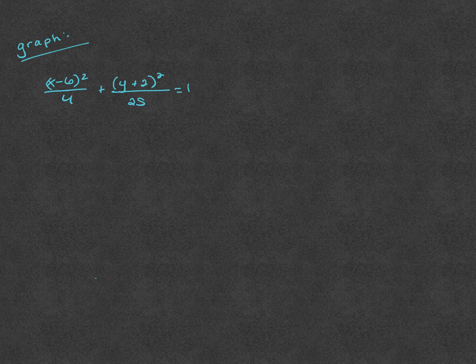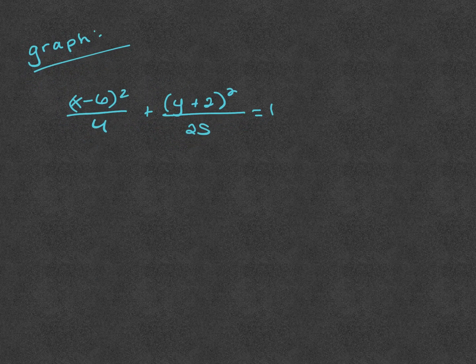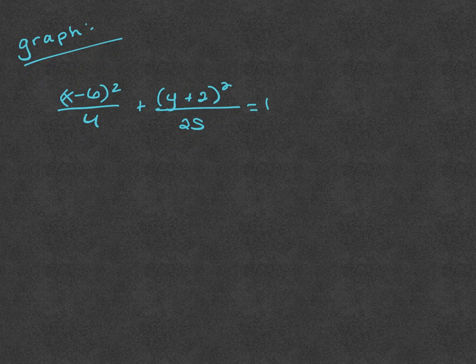All right, so we're just going to do the graphs of them. We're not going to do the reverse with the equation. Tonight, I have a practice test that's some of it's multiple choice, some of it's open-ended, but it's going to ask you to do both sides. It'll ask you to graph it, and it will ask you to find the equation. So you do as much or as little as you need to do in order to know what you're doing before we move on. All right, so this says x minus 6 squared over 4 plus y plus 2 squared